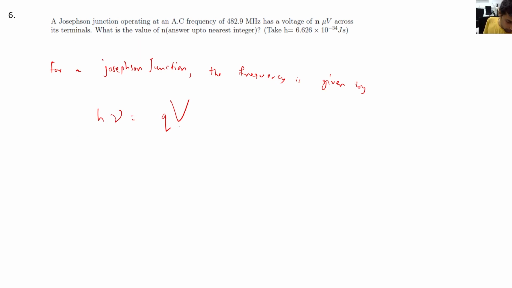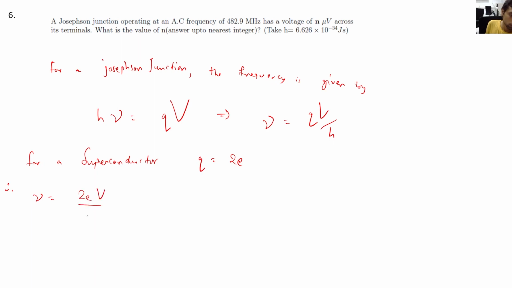Now the voltage you have to apply for a superconductor: Q is equal to 2e, because there will be two electrons in a Cooper pair, and from here the frequency is QV over h. So therefore this will be 2eV over h,